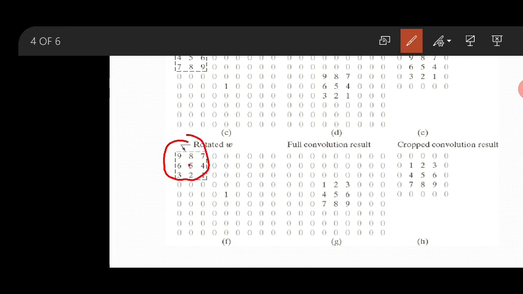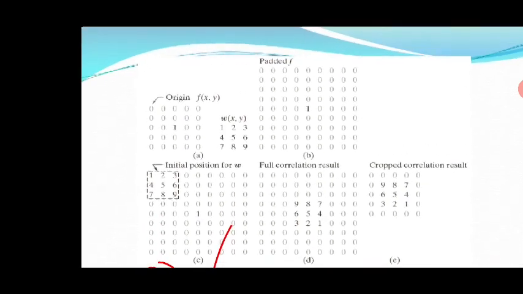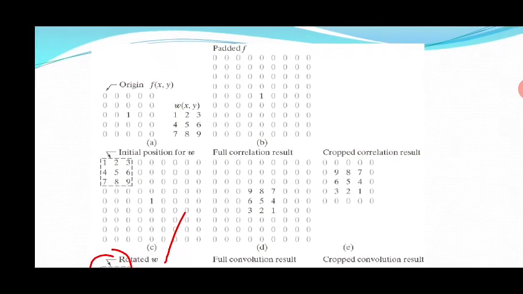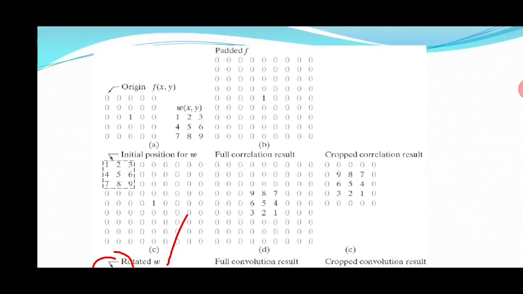Which is the center value? 9 into 0, 9 8 7. Whatever the value of W sliding here, you will end up with a 0, and this will be replaced with a 0. This is 0 because 987, 654, 321 is getting multiplied. I hope you can see here. This is a better way: 9 will be 0, 8, 7, because it is in the reverse way, that is 654, 321. This is the value you are getting.